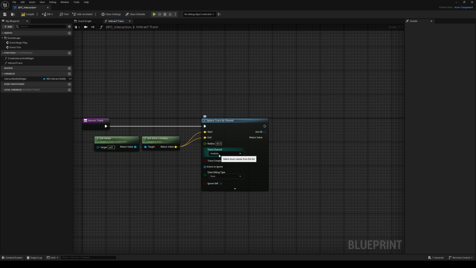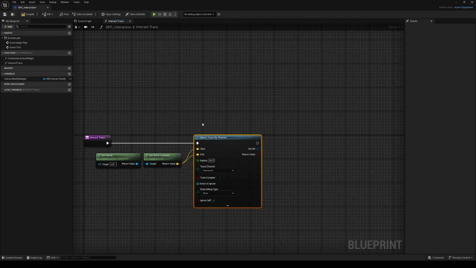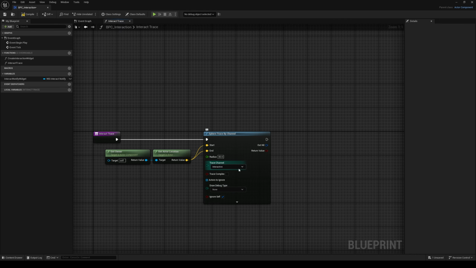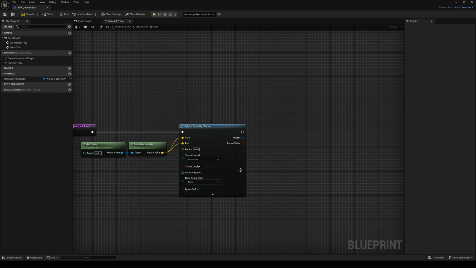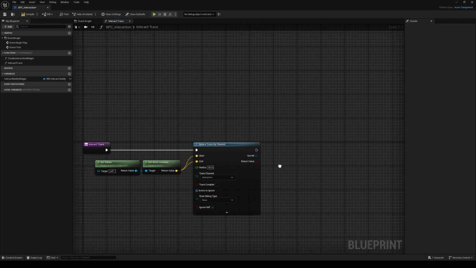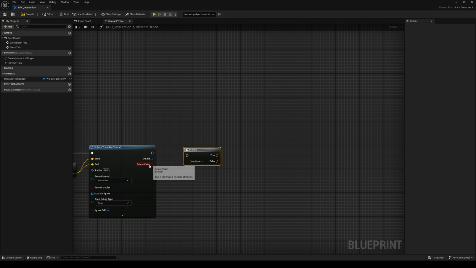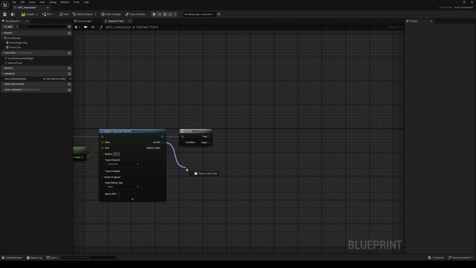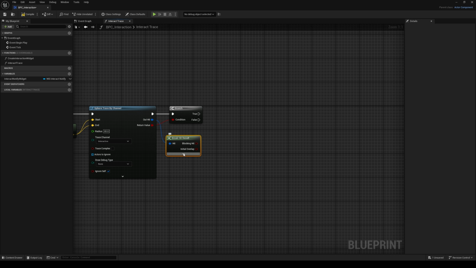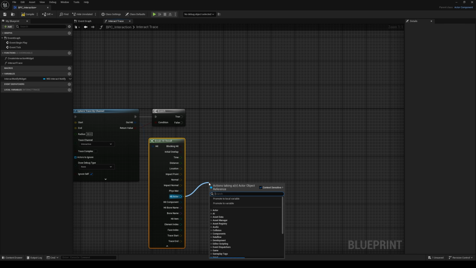Then for the trace channel, we actually have our own interactive. Now make sure you are checking for interactive, otherwise we are blocking the interactive on the items, but never using it here, so it never really hits anything. If you want to test this for debugging purposes, you could run it for duration, but I know it's going to work, so I'll leave it like that. We'll then get a branch. And on out hit, I want to break this open. We are interested in this hit actor over here. We want to